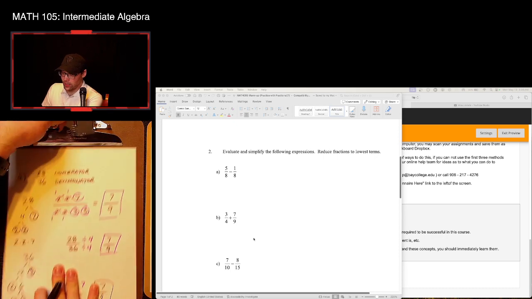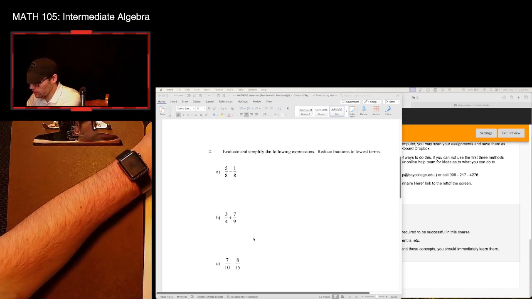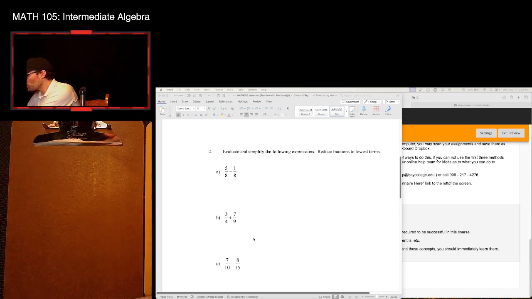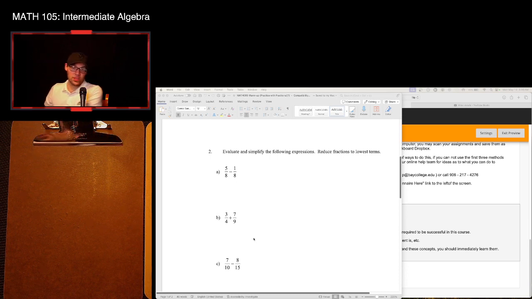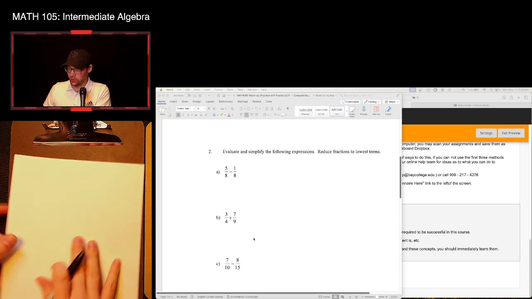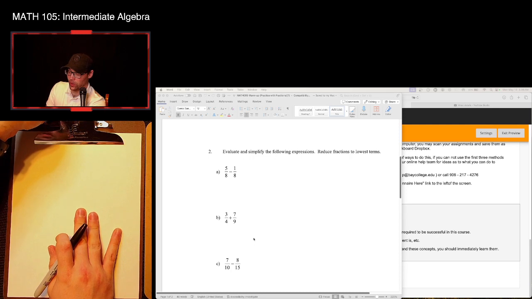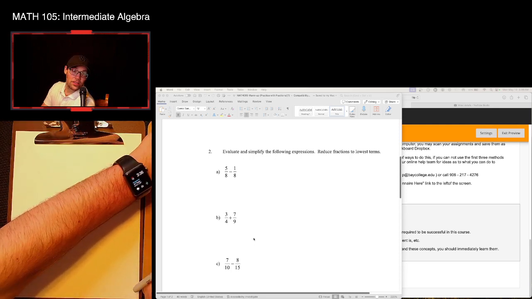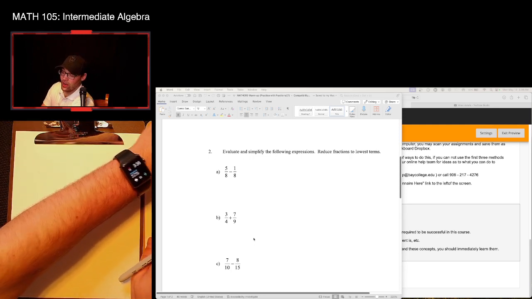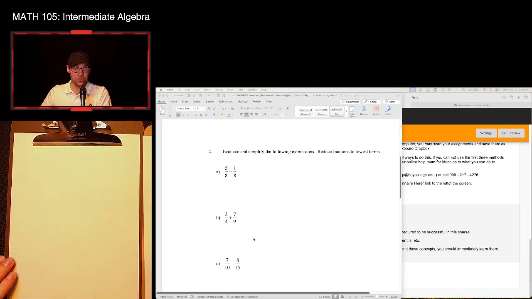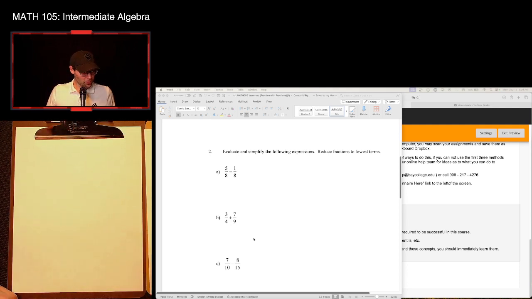Here, I'm going to go ahead and actually get rid of my papers and start brand new. So what we're going to do in this problem, excuse me, I shouldn't be walking away from my microphone like that. What we're going to be doing in this problem is seeing what happens when we have denominators that are not the same. So the problem that we have is going to be, and I need to scroll down on my other computer here,